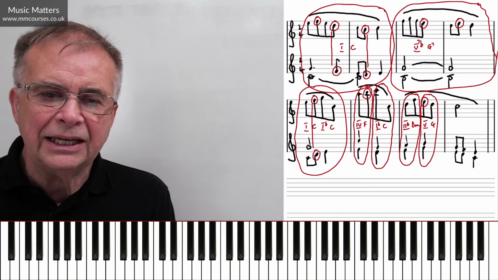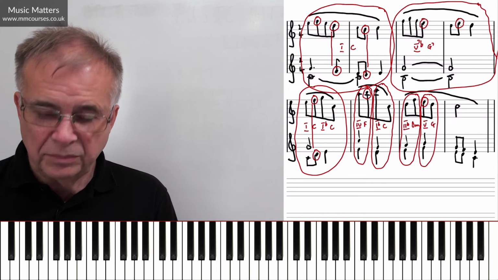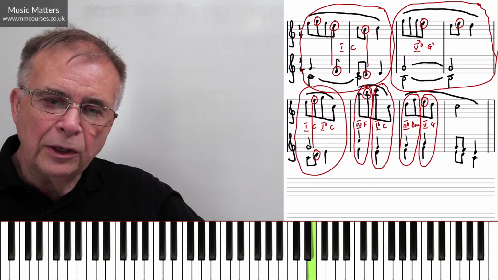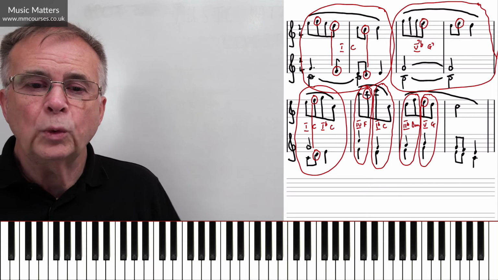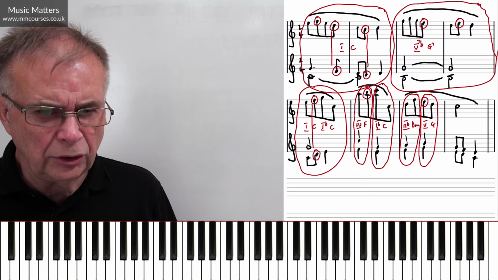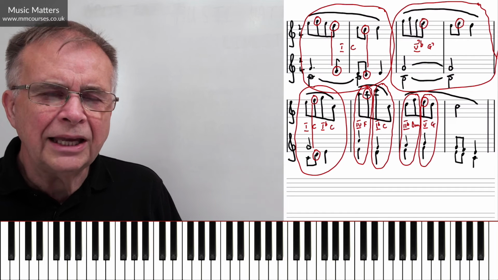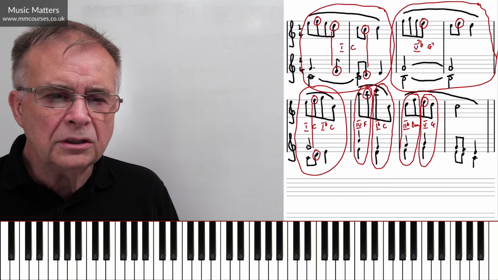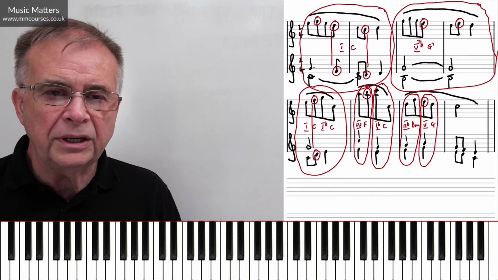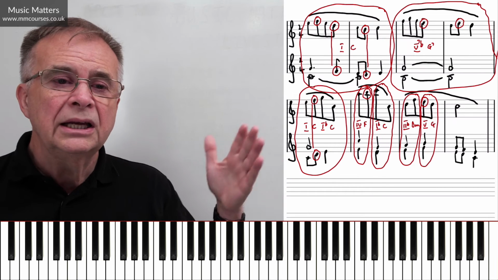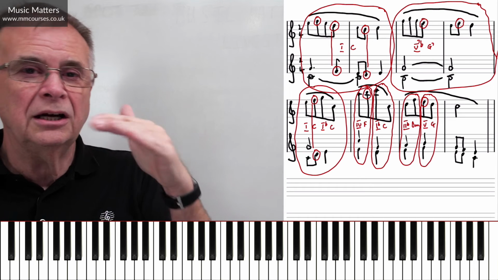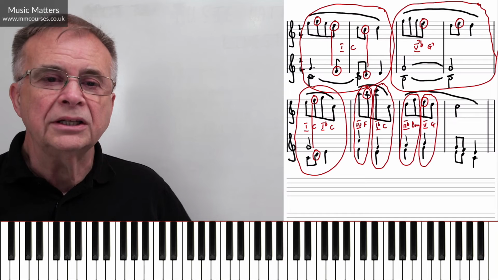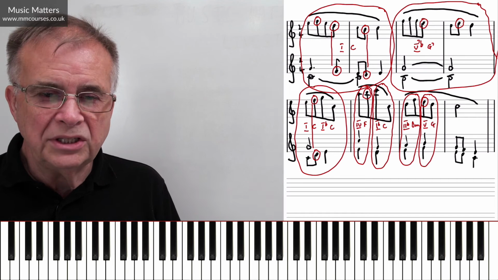Well, that E there is a passing note, a passing tone, because we had F, we came down one to E, we've gone down one again to D. So you can see why it's a passing note or a passing tone. A couple of things to say about this. First of all, it comes on the beat. You notice all these other passing notes or passing tones we've been talking about so far come between beats. They come on the second half of a beat. So they're called unaccented passing notes, unaccented auxiliary notes.